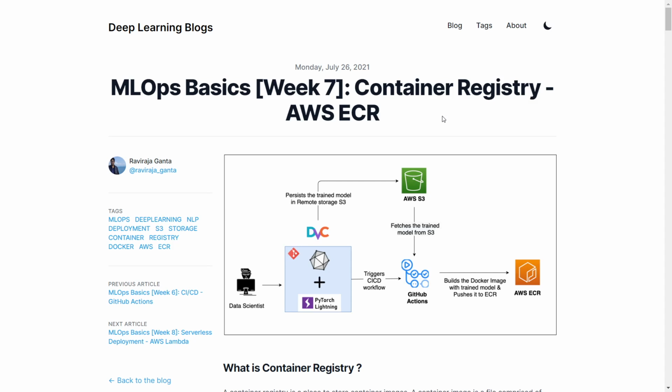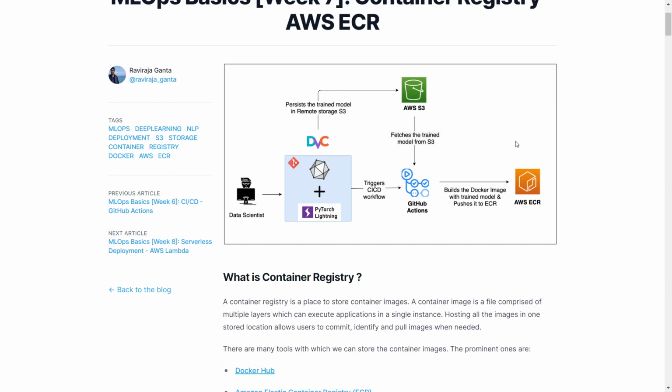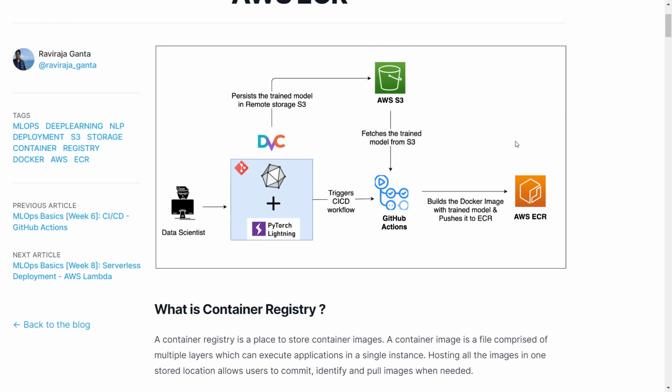In this particular session, we are going to discuss the container registry, and specifically AWS ECR. From the flowchart, what happens is that we, as data scientists, quantize and package our model with the help of ONNX, then use data version control for data version controlling, and then push to AWS S3. In AWS S3, we save the checkpoint or the model, and then we fetch that model from S3